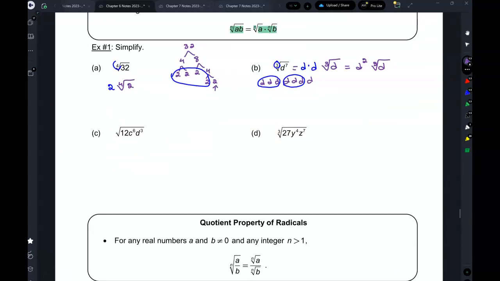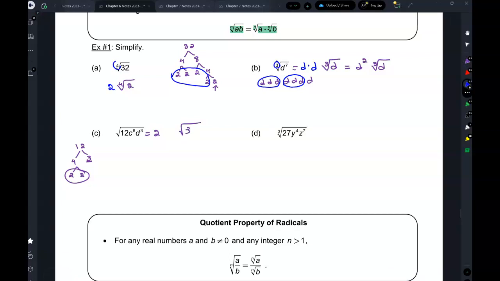Let's take a look at this one. First, I have the root of 12. Okay, let's see what 12 is. 4 times 2. Nope. 4 times 3. 2 and 2. So these two come out. That 3 stays inside the root. So now,